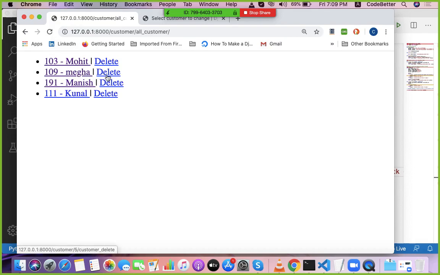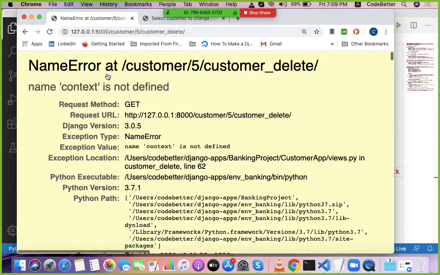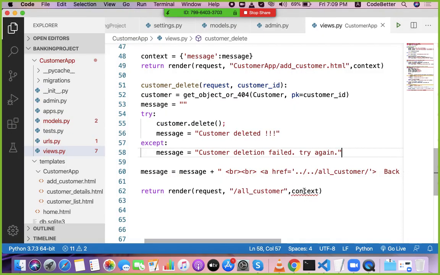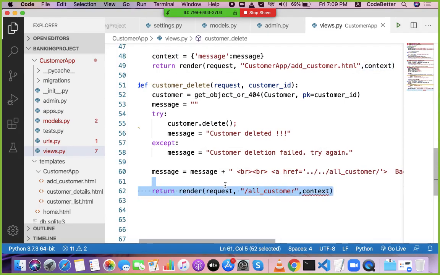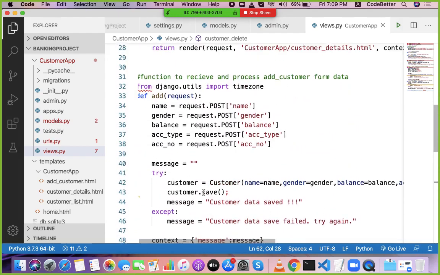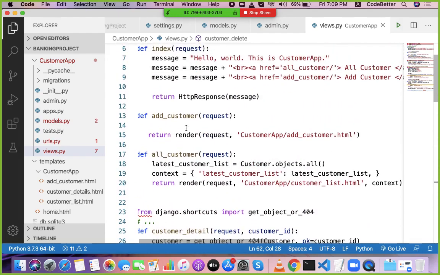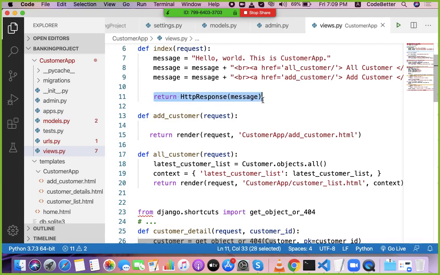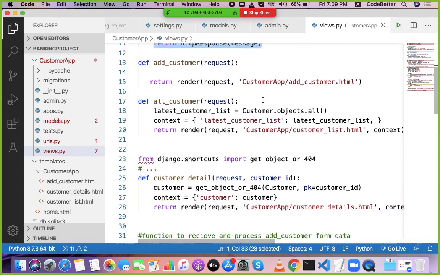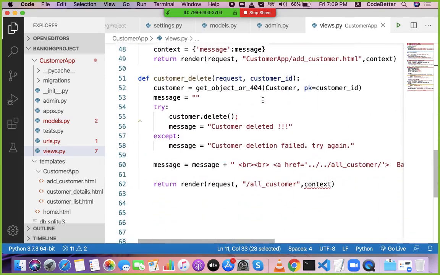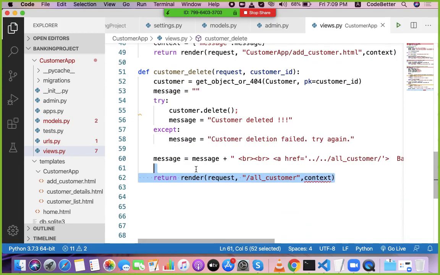Now I click on delete of Megha. Context is not defined, so I have to render this message only. To render this message only, I can use HttpResponse like this, because I am not going to render any template, so I will render only that message.